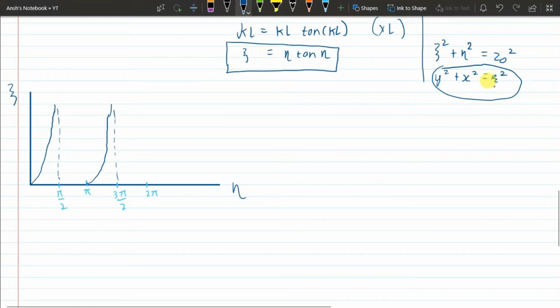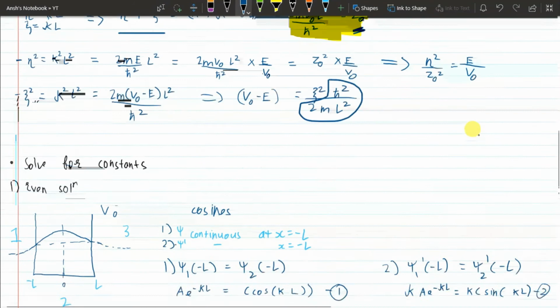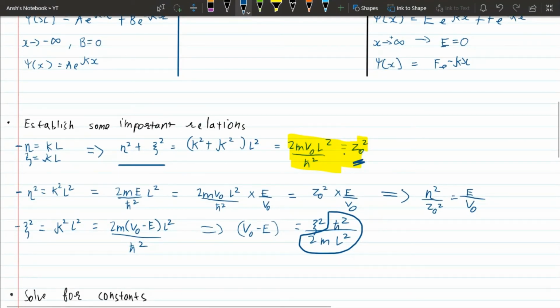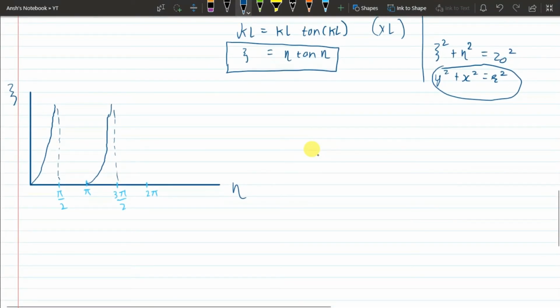And then for the second relation, we have xi square plus eta square equals z naught square. Now, this is a circle. So in the first quadrant, it will just be an arc, and then the circle will be completed as so. But the radius of the arc in this quadrant will depend on how big our z naught is. Now, as we noted earlier, z naught is a quantity dependent only on the quantities that we know, mainly V naught, the depth of the well, and the length of the well. So depending on how big z naught is, we'll have a circle. So say we have a certain value of z naught, as so on and so forth.